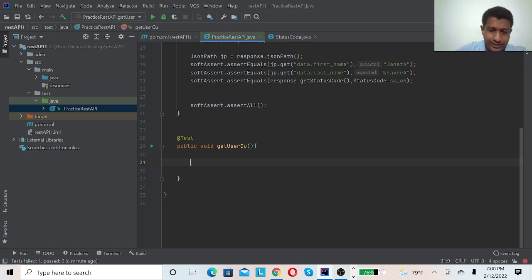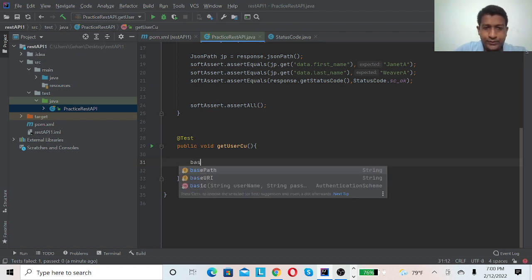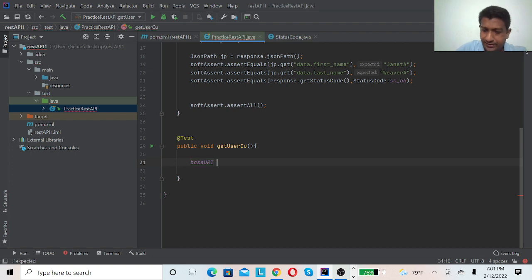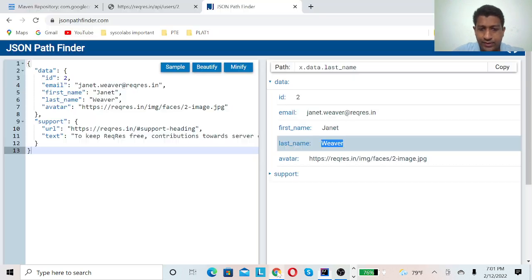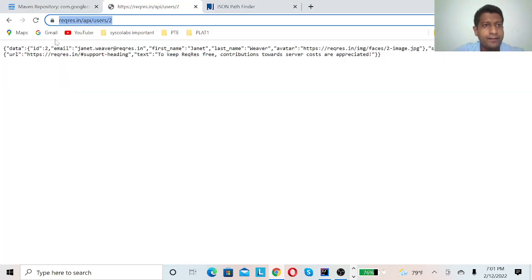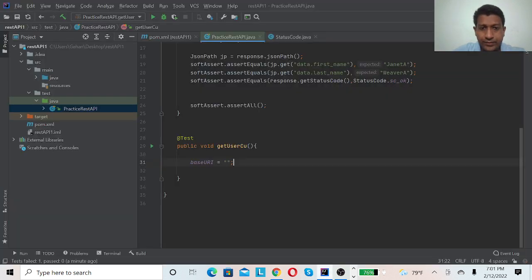So we can use base URI, which is inside the REST Assured class, equal, and you can give the base URI inside. So this is our URI, just copy it and paste here.